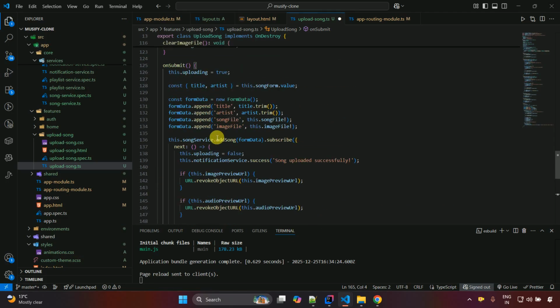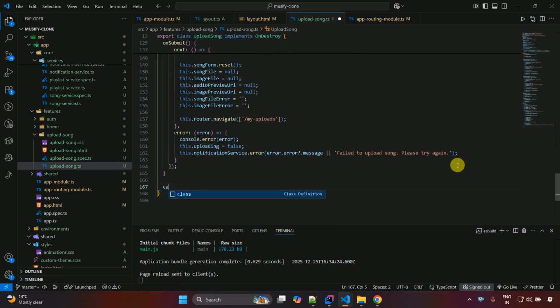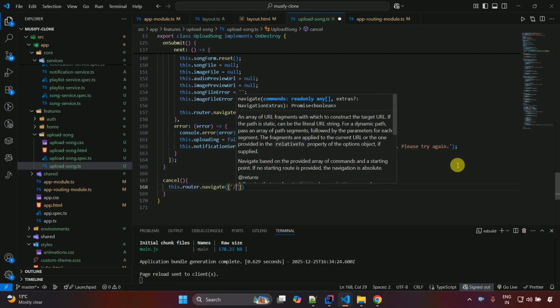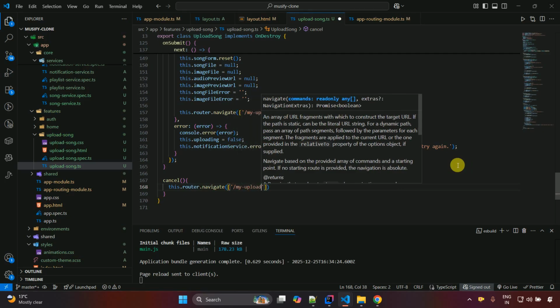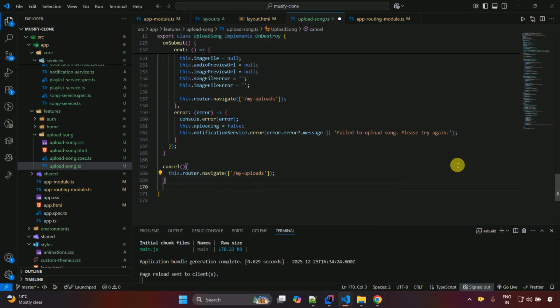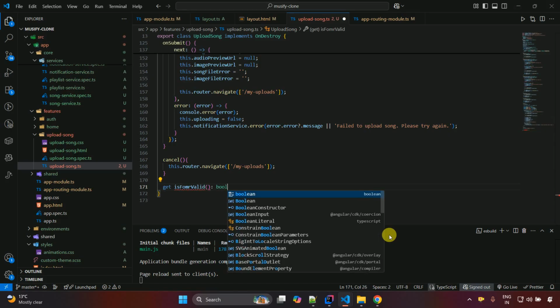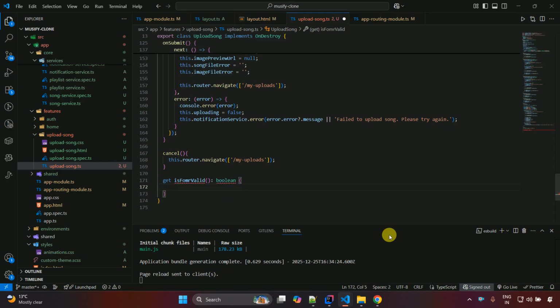After that, outside of this onSubmit method, go over here, cancel, and on click of cancel we have to go to the my uploads page. So this.router.navigate, and single quote slash my uploads, put semicolon. And then we also have to validate the form, right? Like we have to disable the button. So here get isFormValid, and it will return a boolean type,